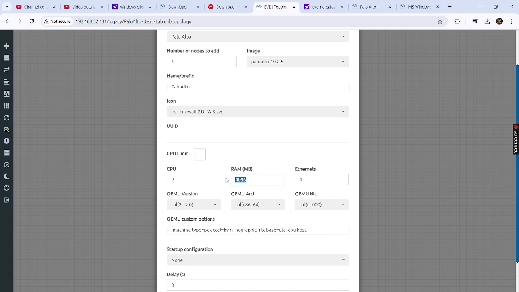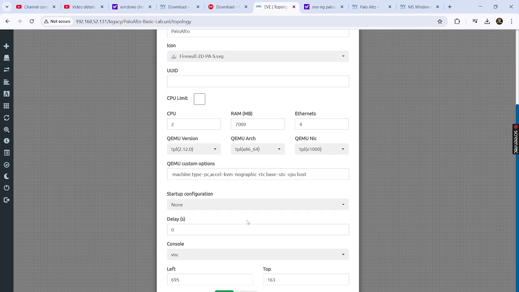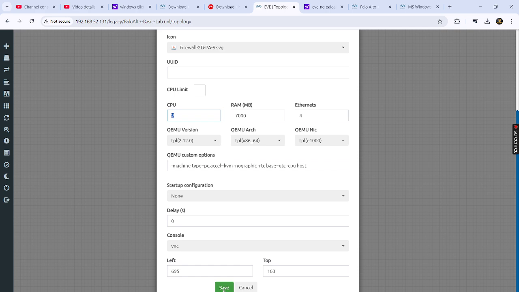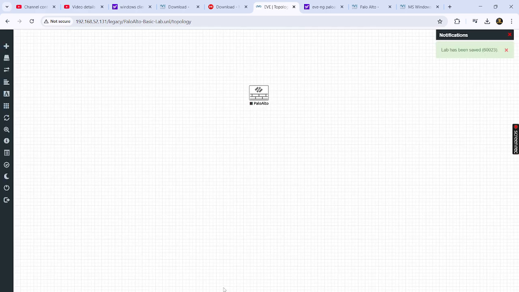I told you before, the Palo Alto firewalls need at least 6.5 GB. Okay, I'm going with 7 GB. The RAM should be in MB here. We need to give 7000. It will be 7 GB, and the CPU is fine. It will run with 2 CPUs. That is fine. And click on save.